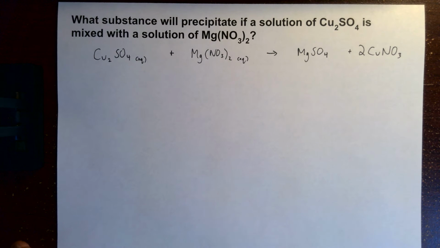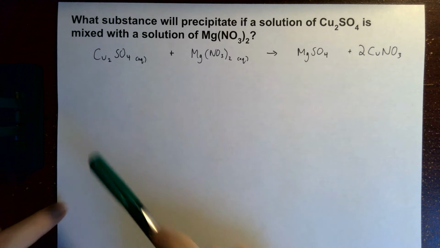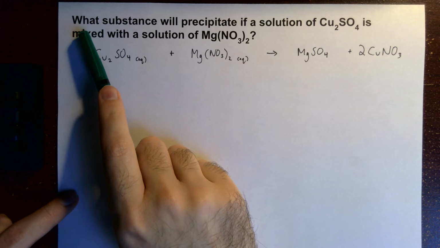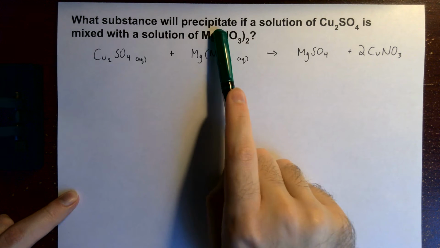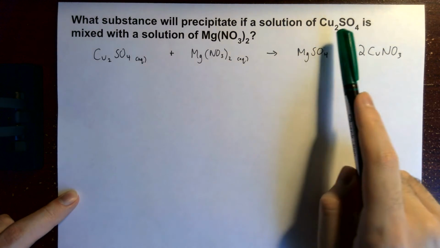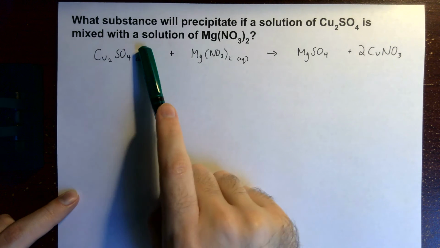In this video, we're going to be looking at an example of predicting the precipitation reaction within a double displacement reaction. And we, once again, are going to be using our solubility table. So we're asked here, what substance will precipitate if a solution of copper sulfate is mixed with a solution of